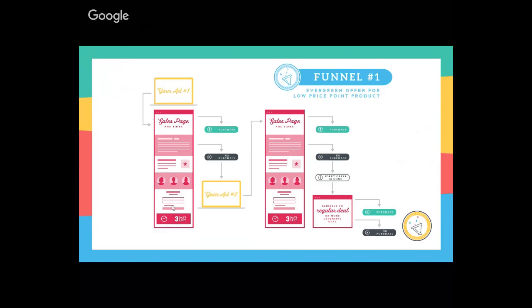So they get to a sales page. There, they can either purchase or not purchase. If they don't purchase, they start seeing more ads, the retargeting ads. Then they get to the sales page again. Now it's less than 3 days or less than the original time, but it's the same sales page. From there, they can either purchase or not purchase. But if they ever get to the sales page again, or try to get to it, or click to it, or go to it somehow, if they kept the URL,